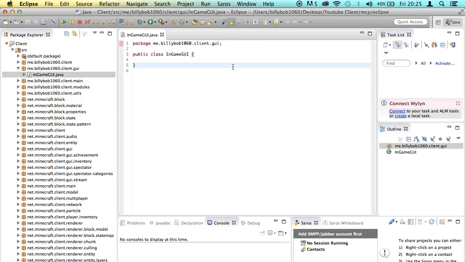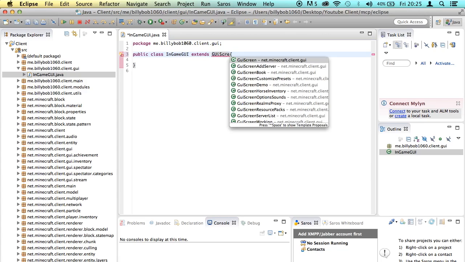So what you need to do is go up here and do extends, and it is a GUI screen like that. Now what you need to note is that